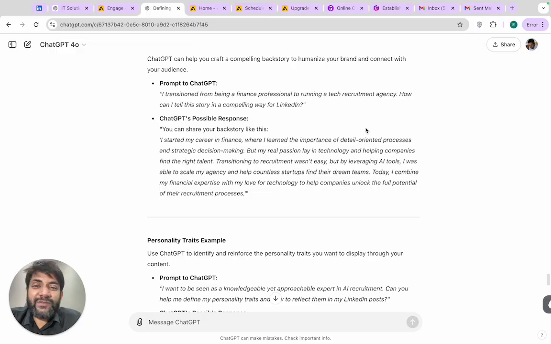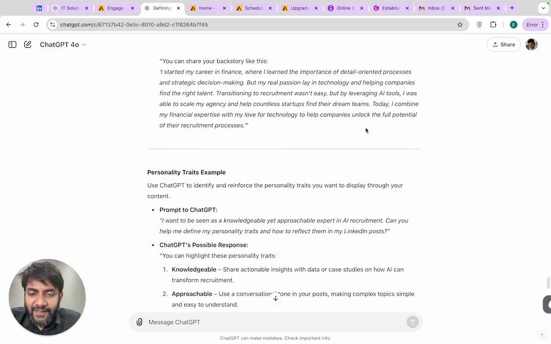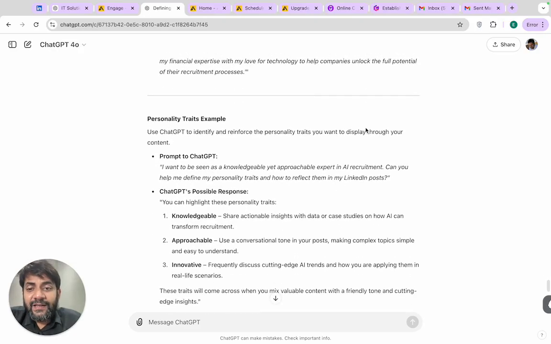Transitioning to recruitment was not easy, but by leveraging AI tools, I was able to scale my agency and help countless startups find their dream teams. Today, I combine my financial expertise and my love for technology to help companies unlock the full potential of their recruitment process. Personality trait example: you can use ChatGPT to identify and reinforce the personality traits you want to display